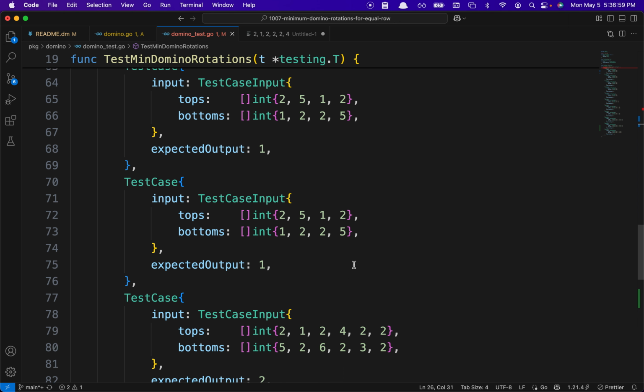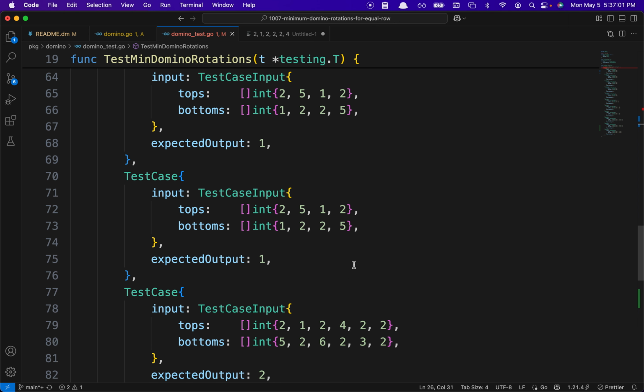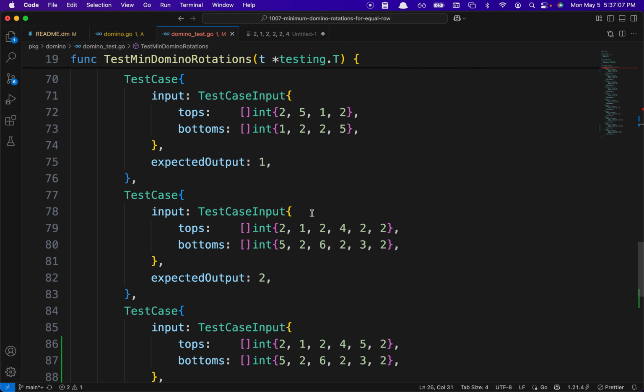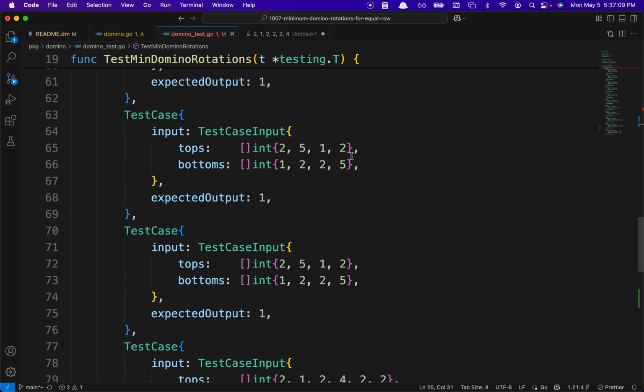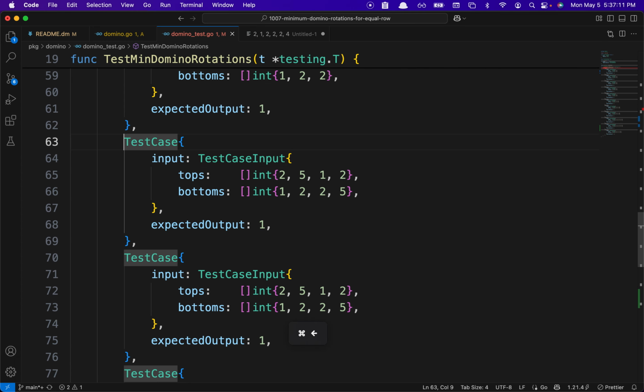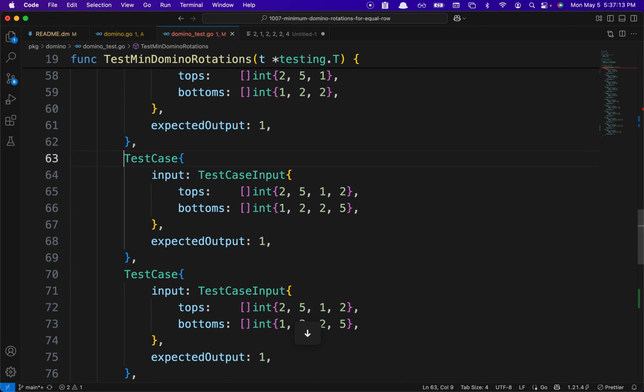This is supposed to be a medium problem. I think this seems a bit easier. So I think I also copy pasted these. Yeah, copy pasted these. What was it? I think we did, yes, and give here